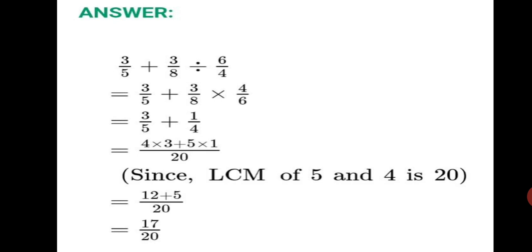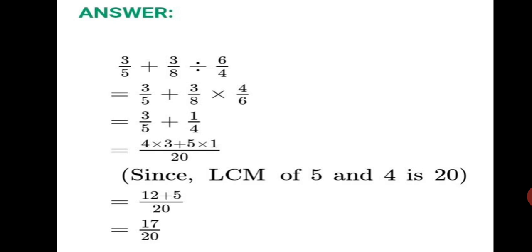So now what we are going to do? We are going to solve in the next step multiplication first. We have turned the division into multiplication and written multiplicative inverse of 6 upon 4 is 4 upon 6. Now have a look at only multiplication. 3 upon 8 into 4 upon 6. You can reduce it. 3 ones are 3, 3 twos are 6, 4 ones are 4 and 4 twos are 8. In numerator you got only 1 and in denominator you got 2 into 2 which is 4.